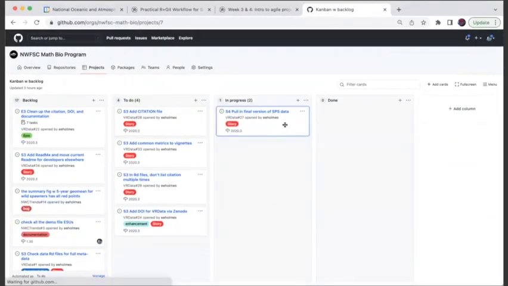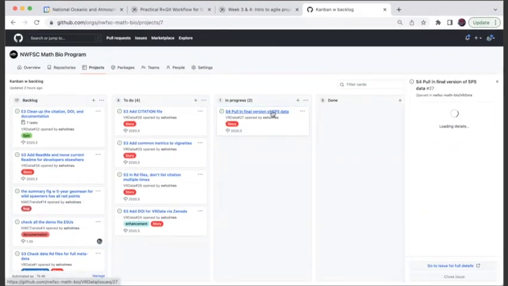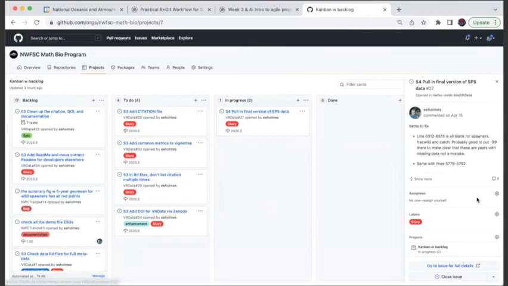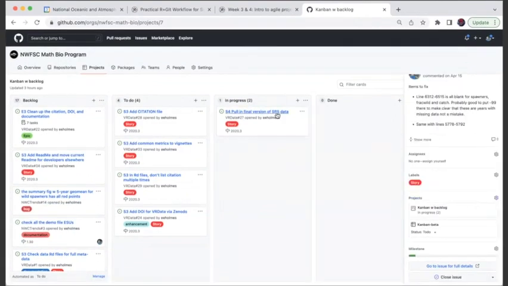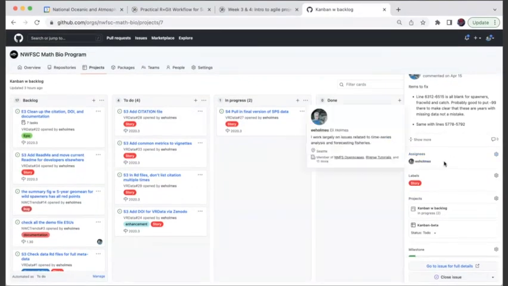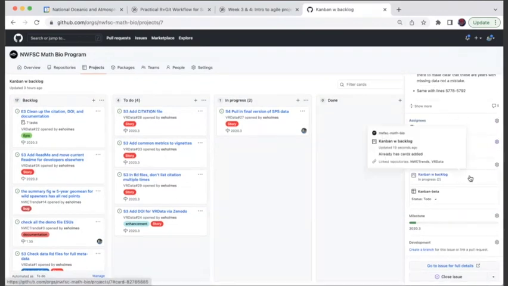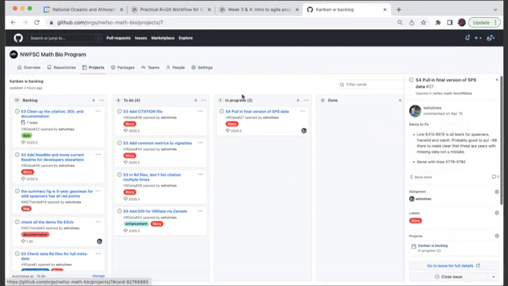I'm going to grab that, and I am going to click here. So now that I've grabbed it, now I can do some things. It didn't have an assignee, so I can say I'm going to assign myself. So that makes the team know who's going to do this. Okay, so now we're working on that. And then as I work, I can